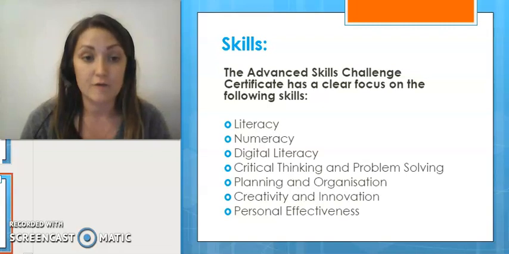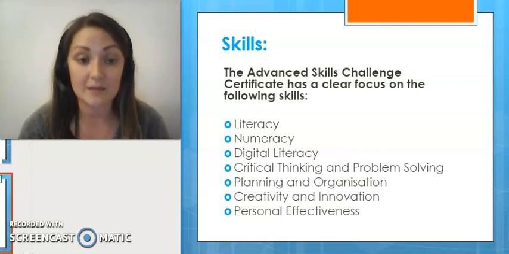The Welsh Baccalaureate framework was created in response to universities and employers who said that they were seeing a real skill gap in the people they were taking on coming from secondary and further education. So these are the 7 skills that are explicitly assessed, sometimes not in every challenge, but across the qualification as a whole. They are literacy, numeracy, digital literacy, critical thinking and problem solving, planning and organisation, creativity and innovation,